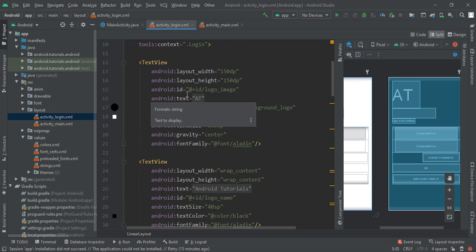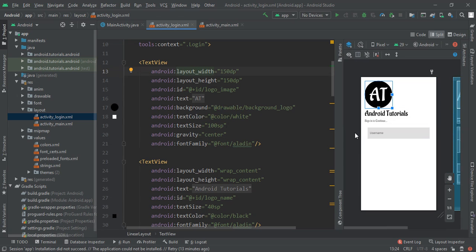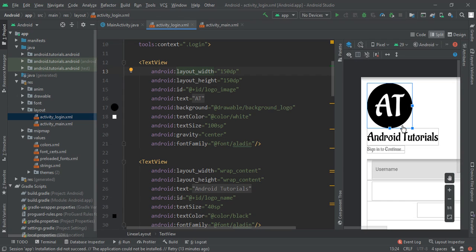So here is our first design. In that you can see our AT logo and the circle. To implement the background circle, I talked to you about this background in our splash screen video, so you can check out that video. Now here we are going to add a background for that logo, and we are going to make a text view which will contain a layout width of